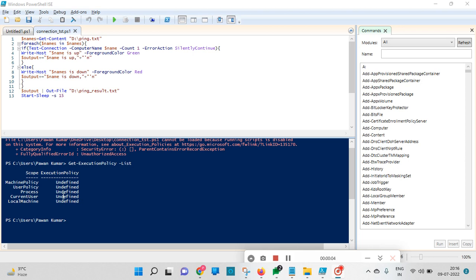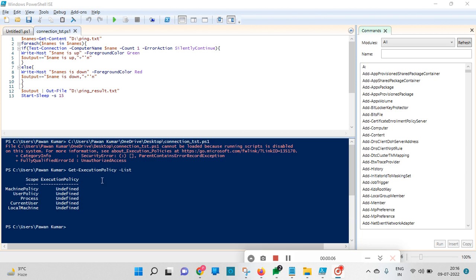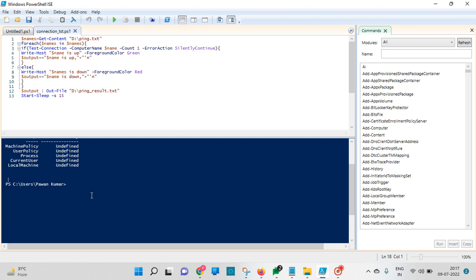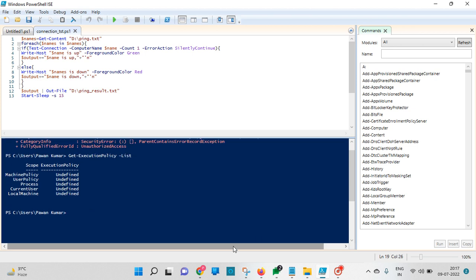If you're running a code in Windows PowerShell and it doesn't execute your program, then it must be that the machine policy, user policy, process, and all these things are undefined. So for that, you need to put Get-ExecutionPolicy -List, and then just write, hold on,